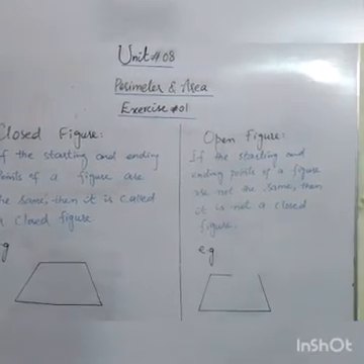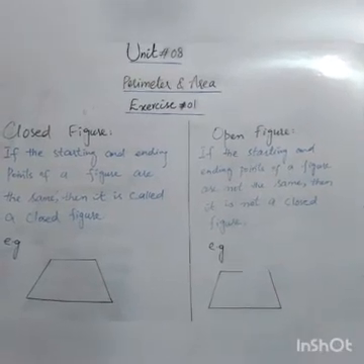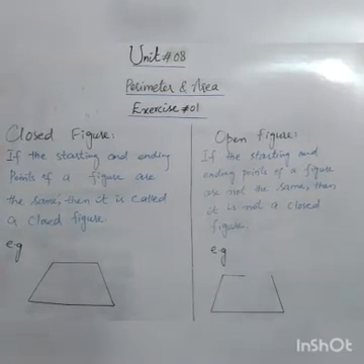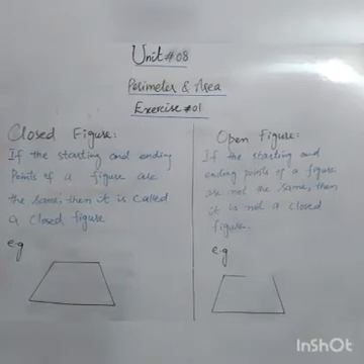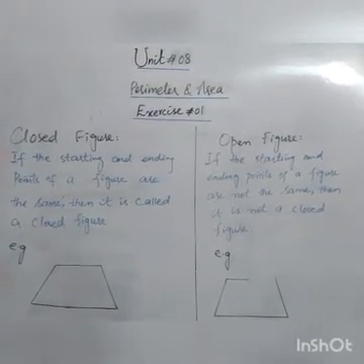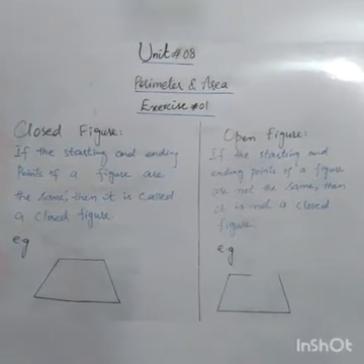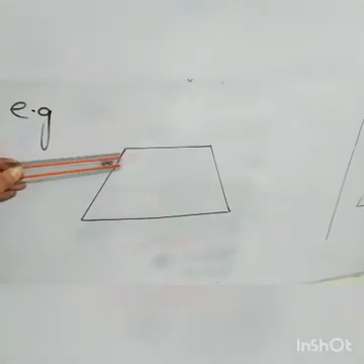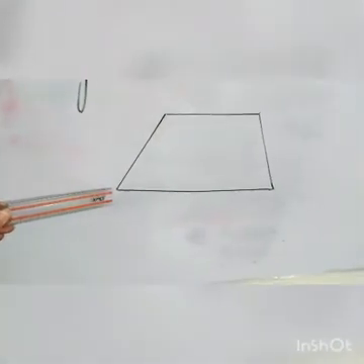Now we have the next topic, closed figure and open figure. We will see here what is a closed figure and what is an open figure. So first of all we will see closed figure. If the starting and ending points of a figure are the same, then it is called a closed figure. If we have a figure and the starting and ending points of that figure are the same, so it is a closed figure. For example, here you can see that the starting and ending point of this figure is same, so it is